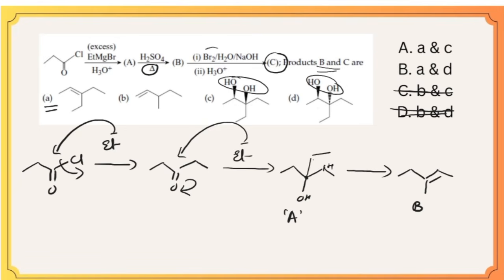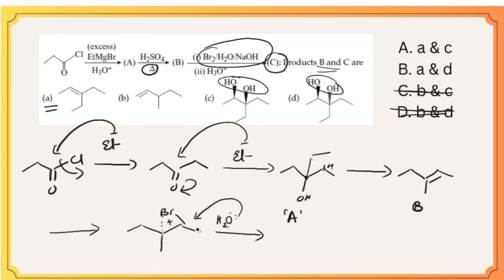The B product is treated with bromine, water, and NaOH. What happens first? The bromine will add to the double bond and it will form a reaction intermediate like this. Now, the water will always attack from the opposite side because of the steric hindrance. If the water attacks from here, the bond will break here and it is always the anti-addition. So you can see that if the OH is attacking from above the plane, the bromine will go below